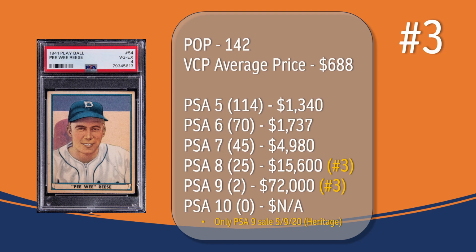They sell for around $1,737. There have been 45 graded a PSA 7. They sell for around $4,980. There have been 25 graded a PSA 8. They sell for around $15,600, placing the Pee Wee Reese rookie card also at the number 3 spot in terms of PSA 8 graded copies